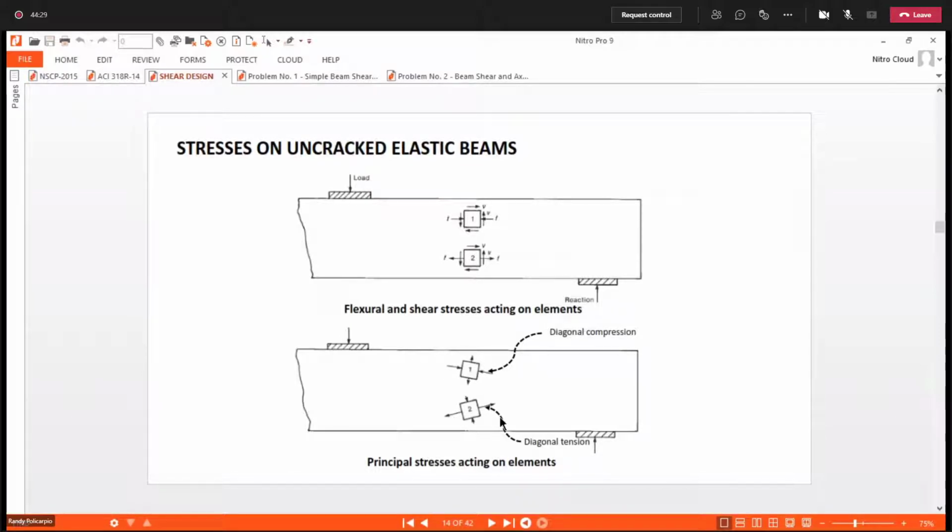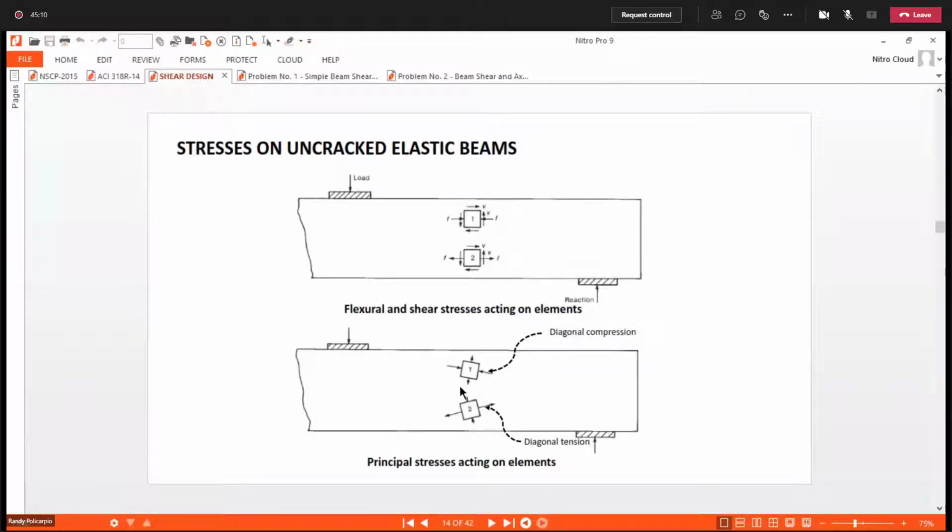For this element, you will notice the stress on this axis remains tension. Tension pa rin, so we see tension, while this one is under compression, while the vertical